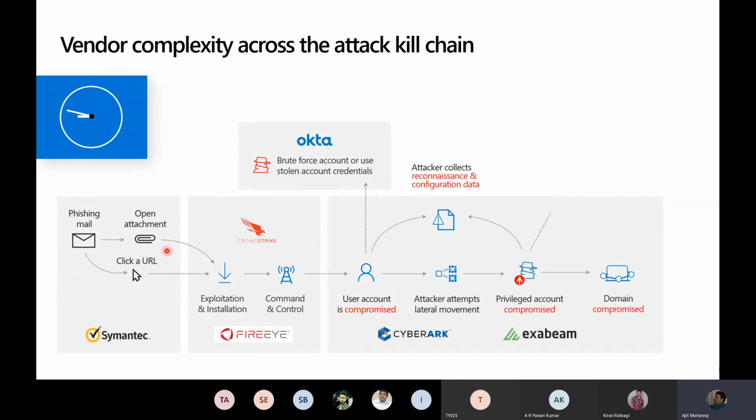A phishing mail or a link. The user then double clicks on it, and so for that malware gets installed, sets up a command center as you see here, attempts to... obviously the user account is already compromised, right? So basically what he wants to do is he attempts to do lateral movement, and maybe he lands on a